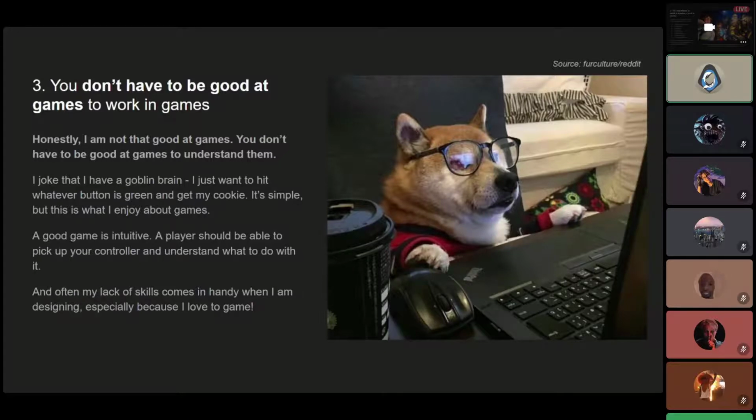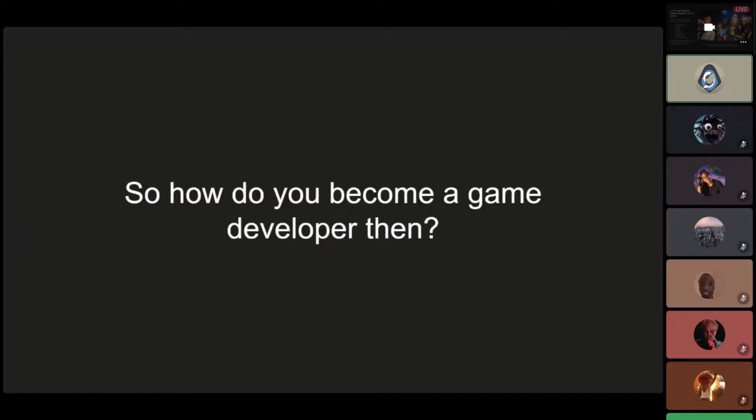But yeah, if a user's not going to read your tutorial, how do you design an experience that they'll understand? It's a fun challenge, and I think it's doable. There's lots of psychological tricks you can do to make sure people get it. And that's another degree that you could probably do that would be very useful to becoming a game designer. That's not a game design degree. So yeah, how do you become a game developer then?